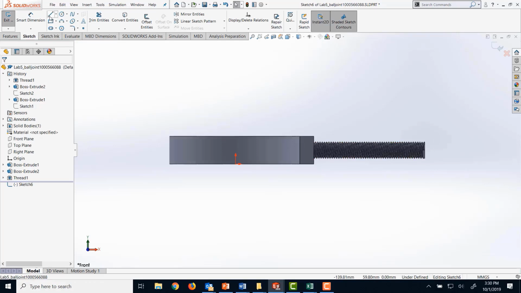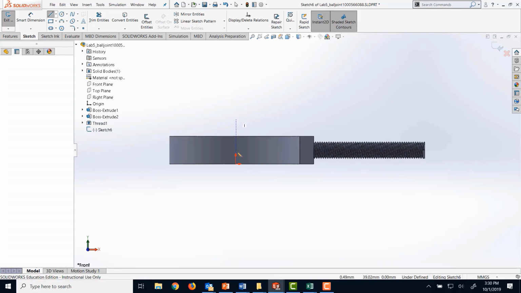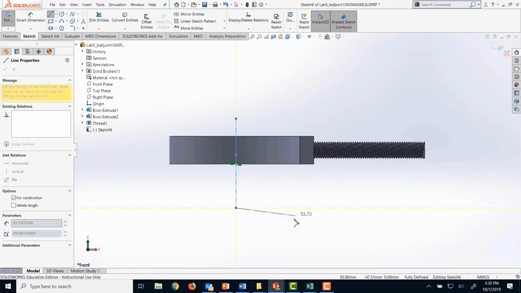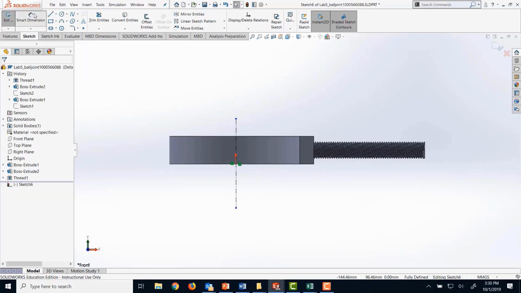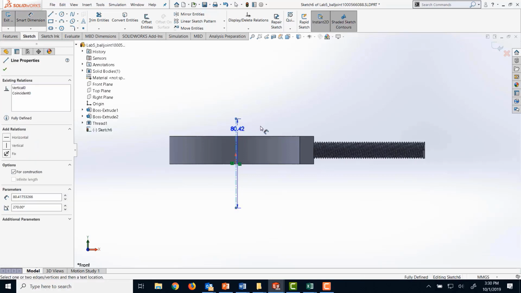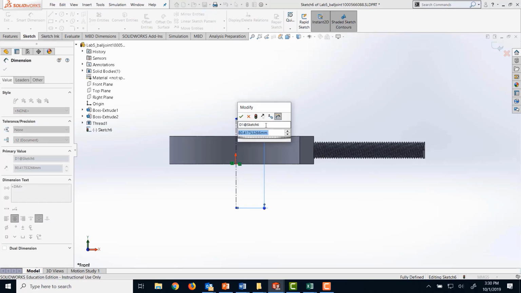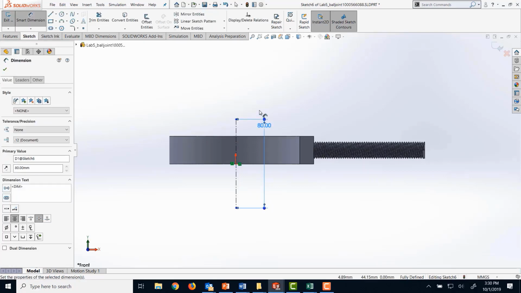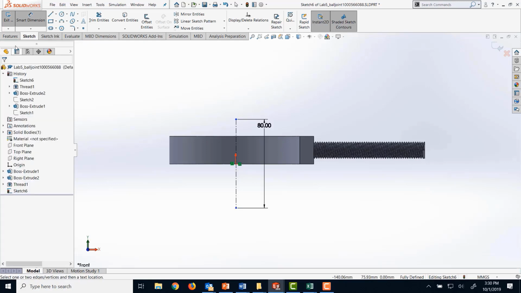So in here, what I need to do is, before I do anything, I'm gonna draw a center line. I'm gonna start from there. I'm gonna go somewhere there. And what I'm gonna do is I'm gonna set the dimension for this as 80. And exit. And now basically what I'm gonna do is